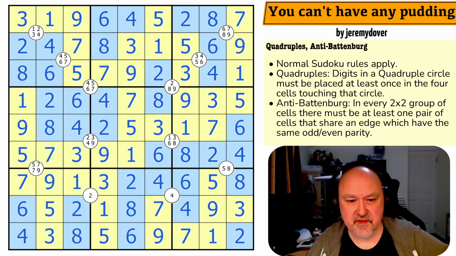So thank you, Jeremy Dover, for the puzzle. Yeah, we had to play around with the rules a little bit so that they were a bit clearer. The original rules stated, I think, in every quadruple marked with a square, but with quadruples in the puzzle, it wasn't clear what was meant, and we had to change it to 2 by 2. Because I had a look at the original wording, and it was like on every quadruple marked with a square, and then there was a negative constraint, and a lot of the testing was like, but what? And it's like, no, it's every 2 by 2 group of cells. It's like, state that. No, very, very cool.